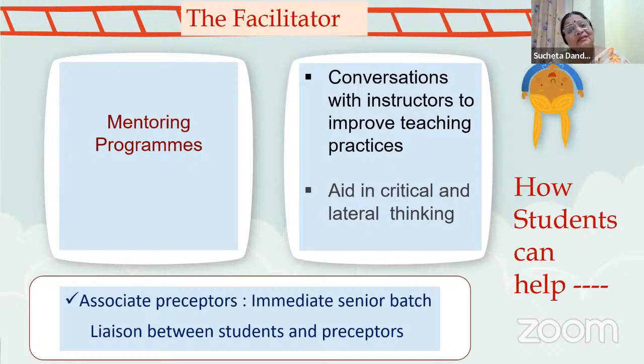And another thought that comes to my mind is maybe we need to train our teachers also to have the right kind of an attitude. And Swapnil says, as success on Duolingo, learning a new language. Yes. And senior students helping the juniors is what our associate preceptors did. And yes, it was extremely successful, because most of the junior students talked to the associate preceptors more than they talked to their mentors or the preceptors. So that is one case which worked very well. Thank you for that, everyone. Next, please.